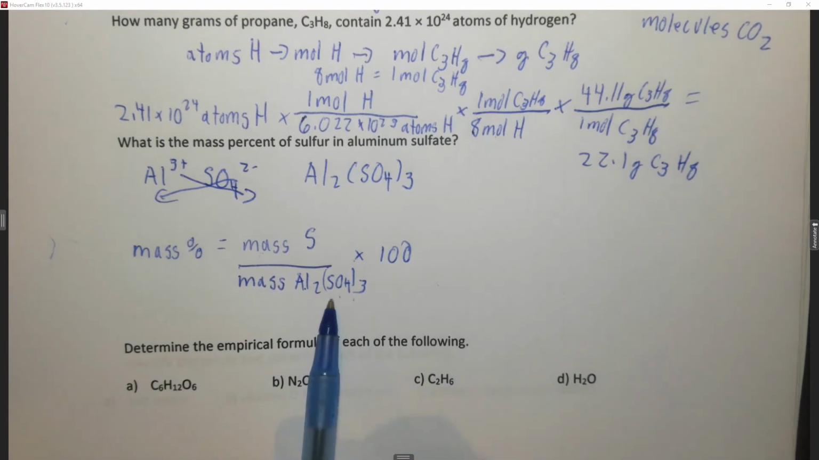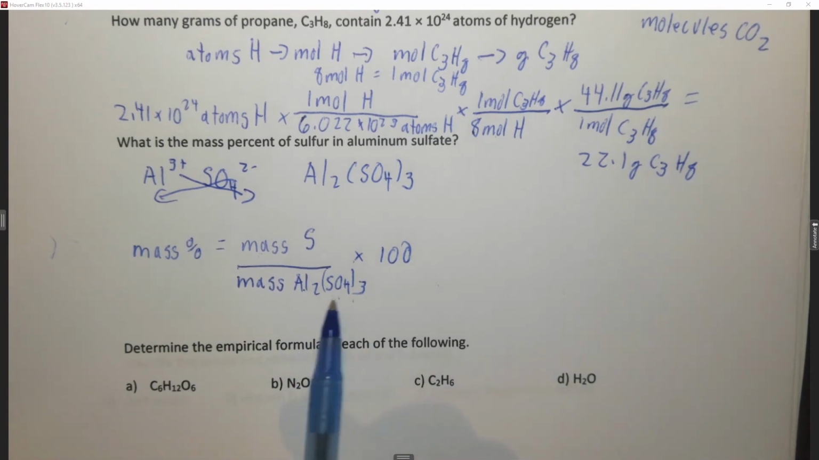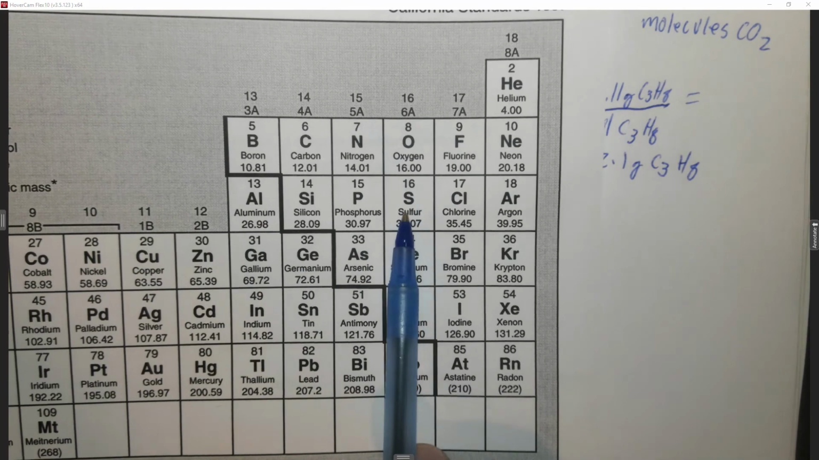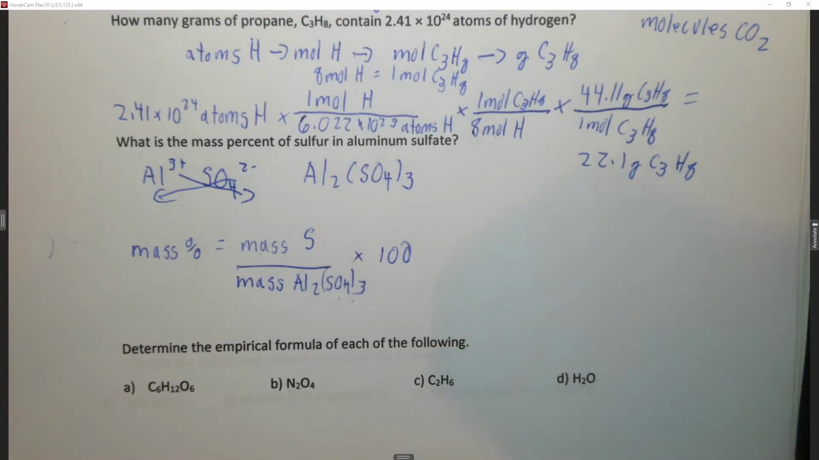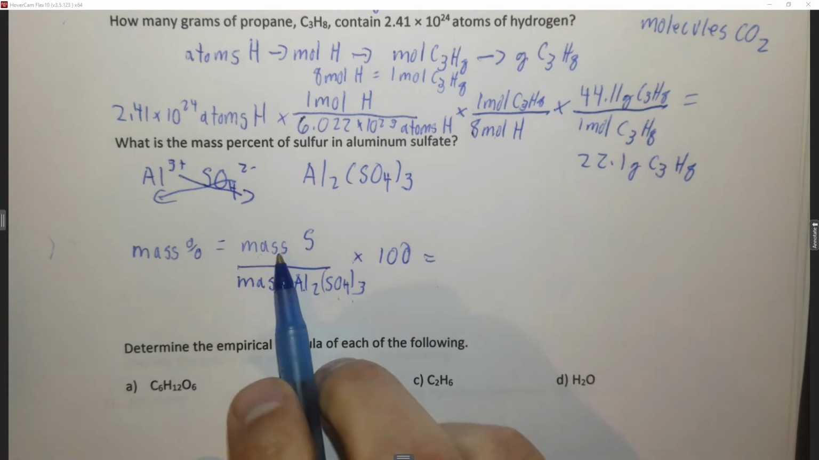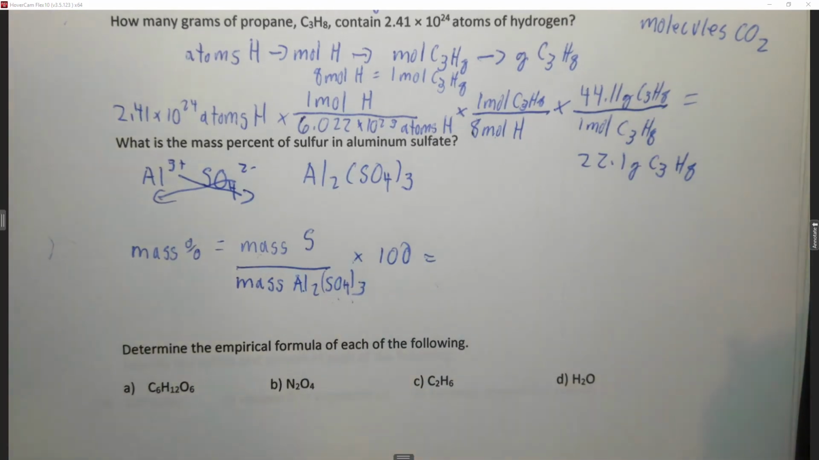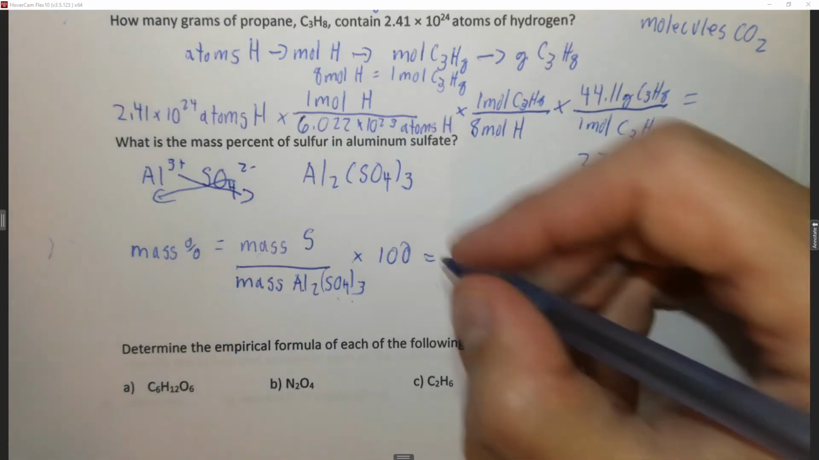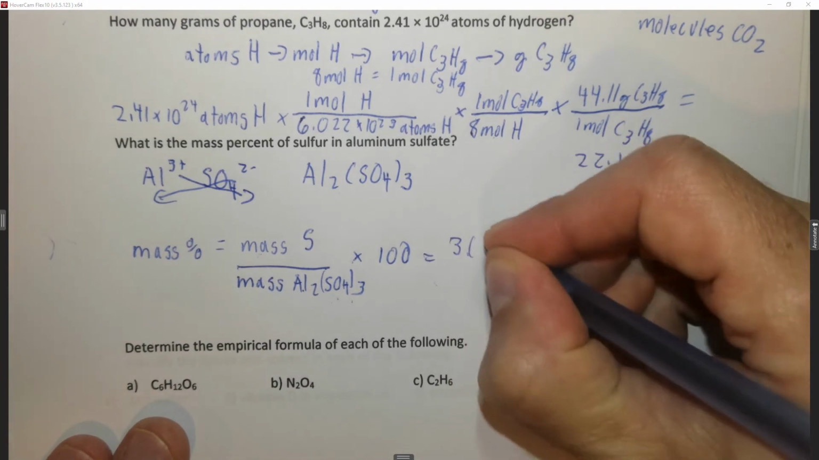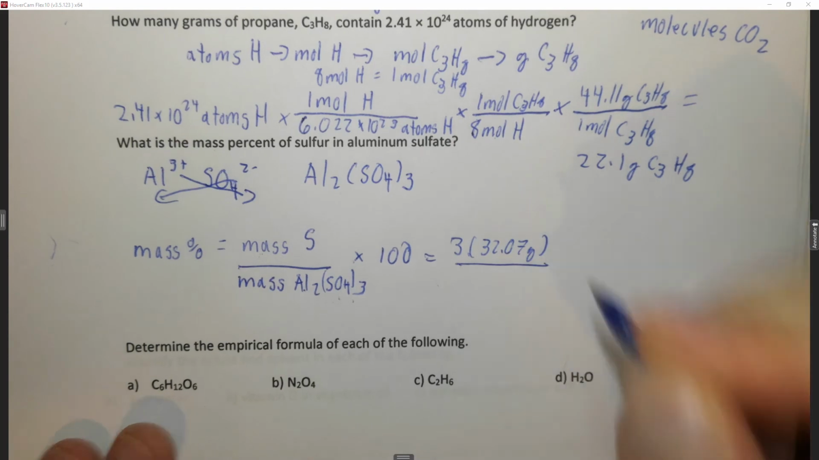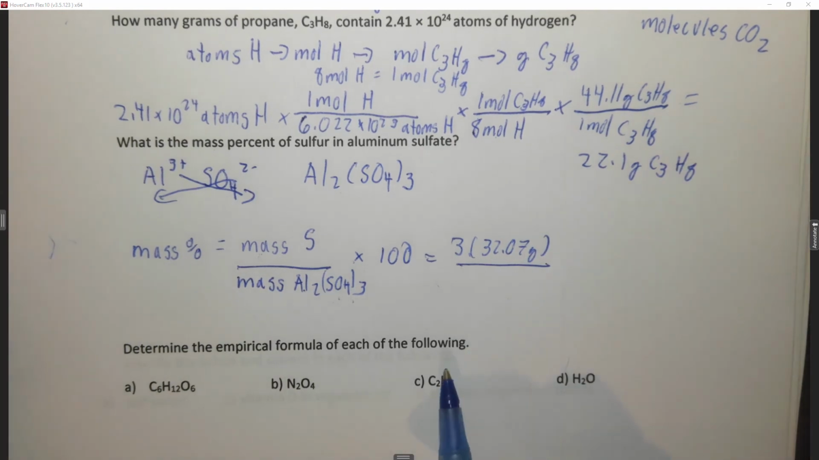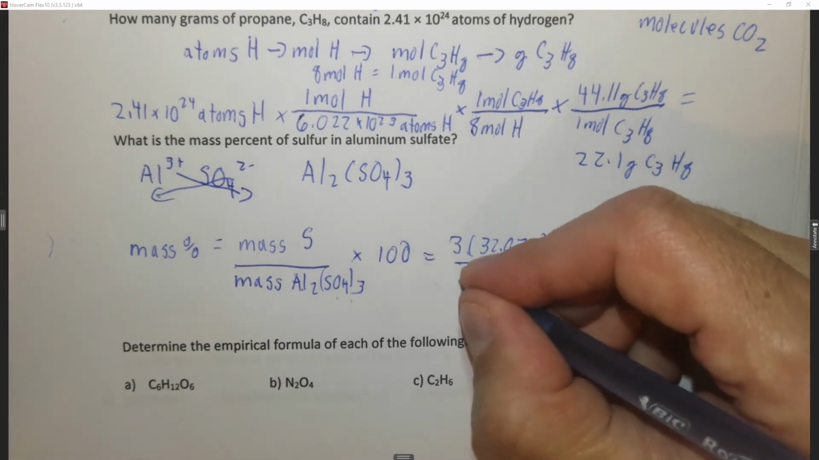over the molar mass of aluminum sulfate. Now I'm lazy. Aluminum sulfate is too big for me to try to find the molar mass. You could do that. You could do aluminum plus 3 times sulfur plus 12 times oxygen, or you could just Google it. It's up to you. So the mass of the sulfur is 3 times the molar mass of the sulfur, which is 3 times 32.07 grams, divided by the molar mass of aluminum sulfate, which if you look it up, is